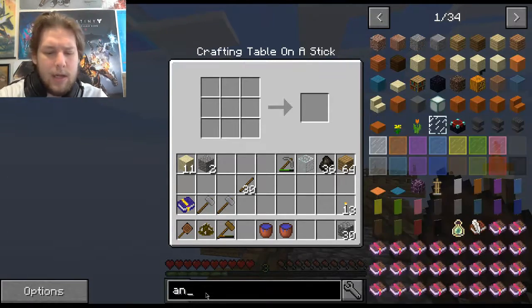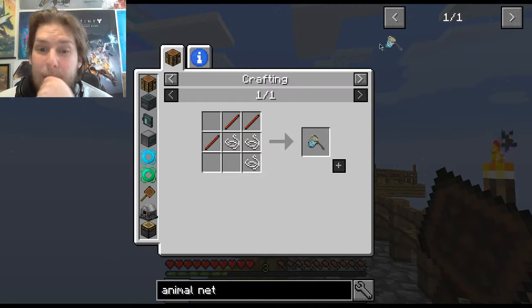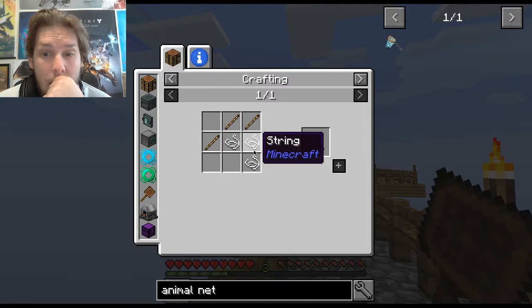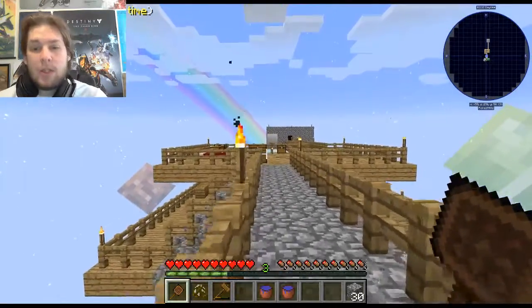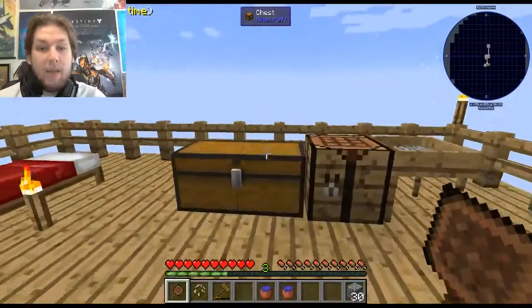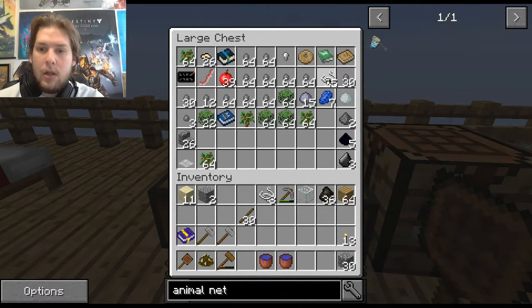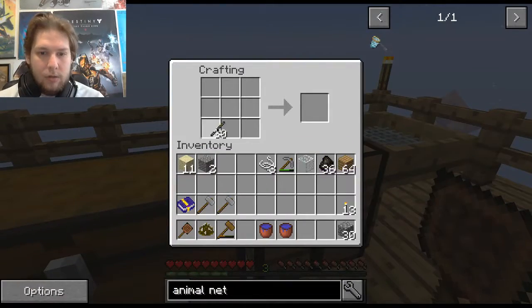Is it an animal net? There it is. I can make this animal net with 3 sticks and 3 pieces of string. That's it? Oh, hell yeah. Let's make that. With 3 sticks and 3 pieces of string, I can make an animal net. That animal net will allow me to pick up animals in the net and drop them off where I want them. So I can pick up that chicken and then drop him behind the fence where he needs to be. Without hurting the chicken. Naturally. Wait, how did it...